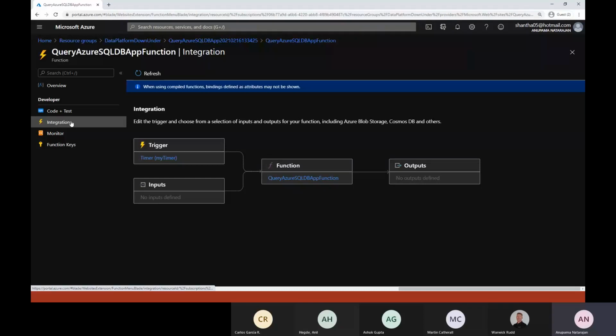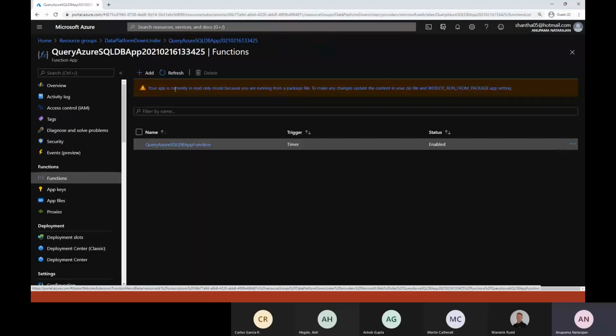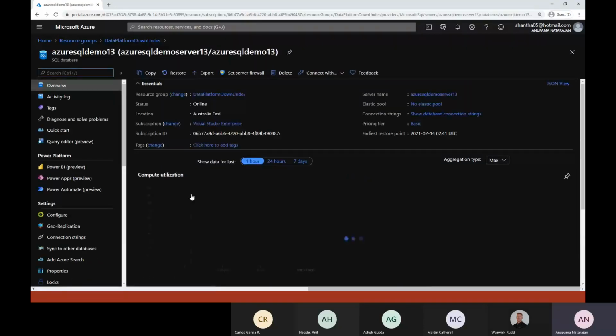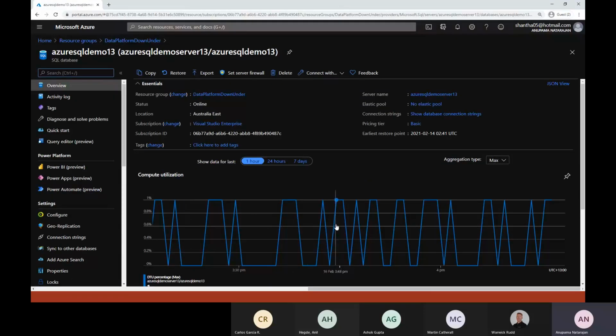This is just to generate some sort of activity in my Azure SQL so that when I turn on monitoring and things, I will get some metrics that I can showcase. So if you are learning about monitoring, that's a good way to generate some sample activity in your Azure SQL database. Just put some Azure functions or something which periodically goes and hits your database to create some